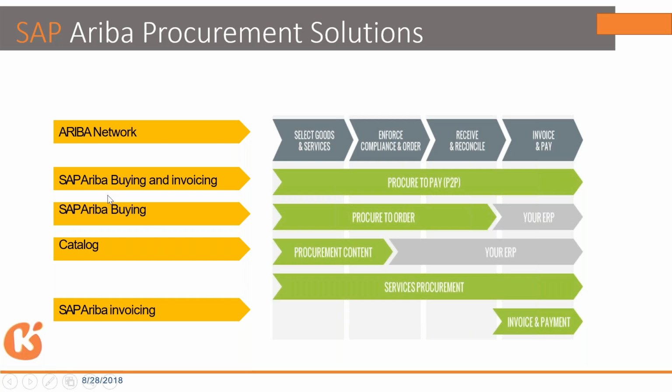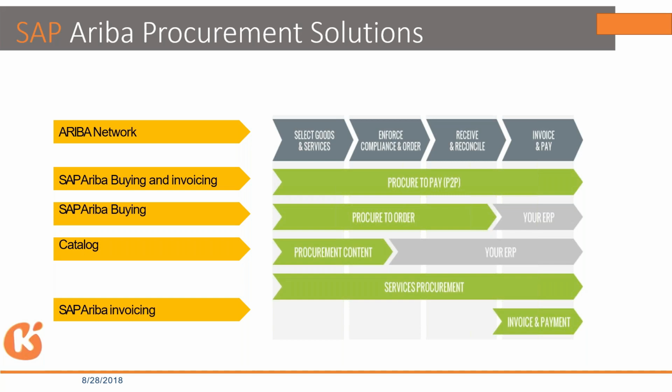So what are the main solutions, or what are the main things SAP Ariba is able to provide? SAP Ariba is providing SAP Ariba buying and invoicing. Buying and invoicing means the entire procure to pay model could be covered in this. If we go ahead with any kind of SAP Ariba certification, you can see that there is a separate thing which is SAP Ariba buying and invoicing, which we even call SAP Ariba procurement,